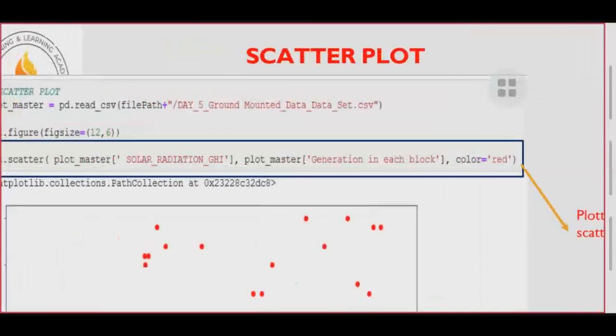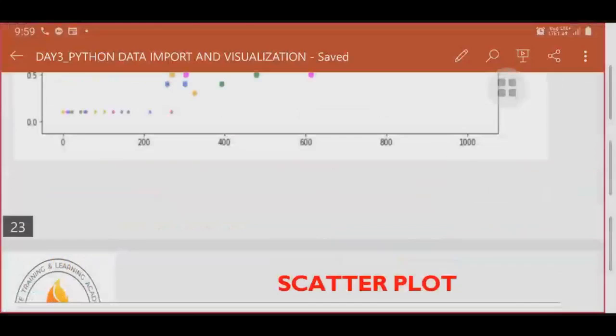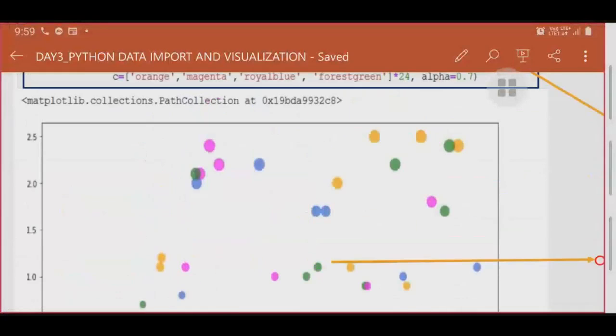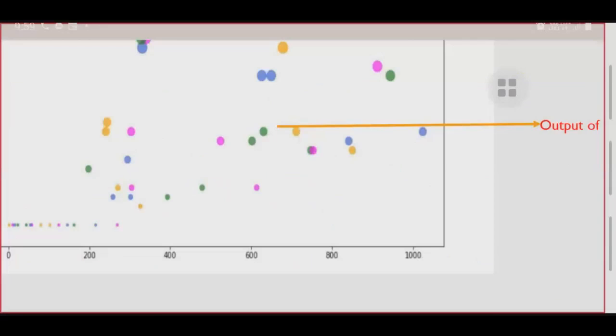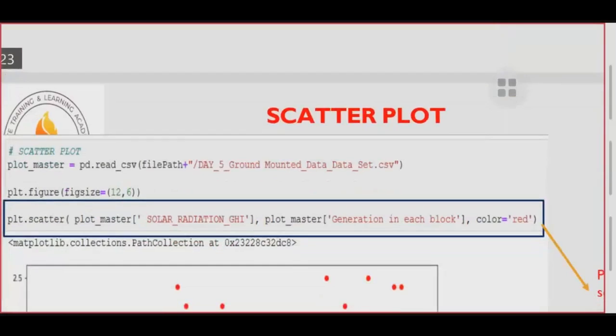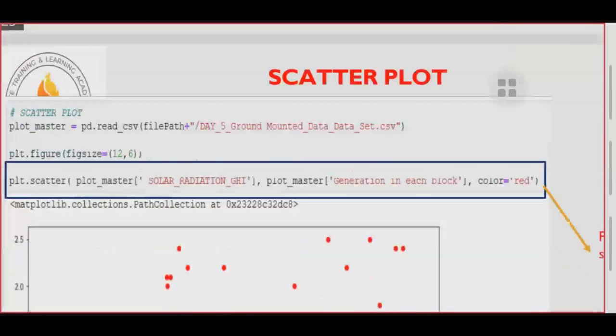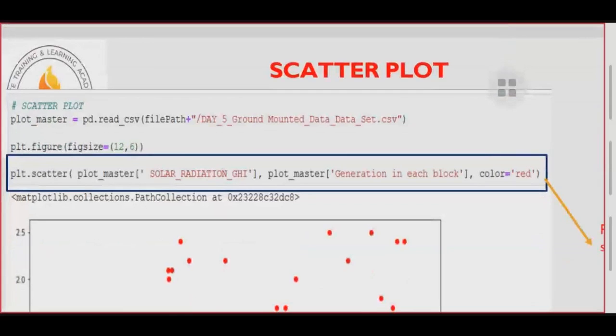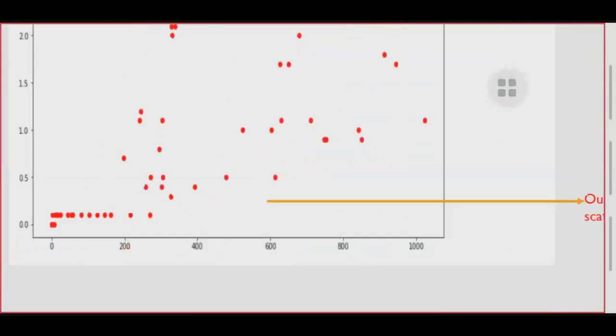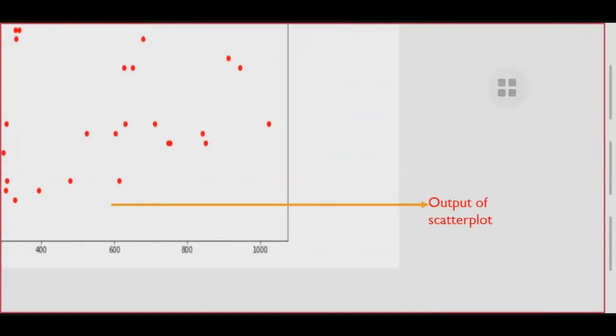Then the scatter plot. You see the difference. In the bubble plot, the points will be a little bigger in size. In the scatter plot, they will be a little smaller. That's all. We will see the execution of this.